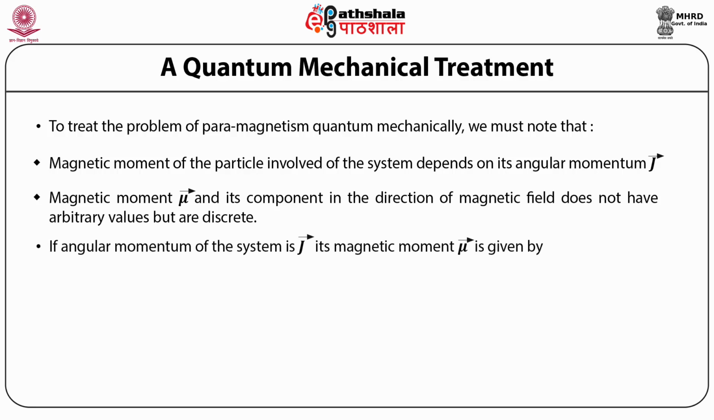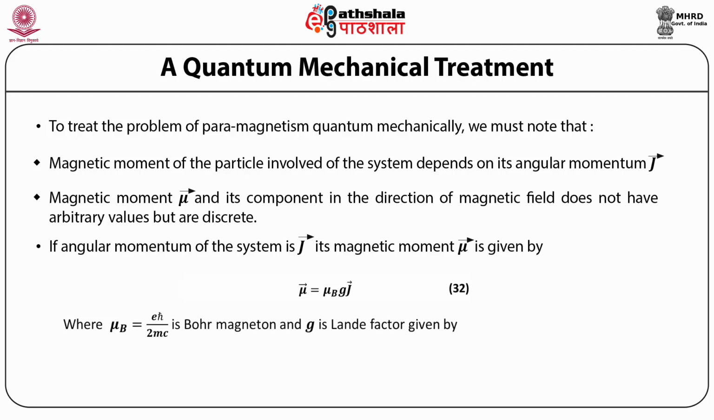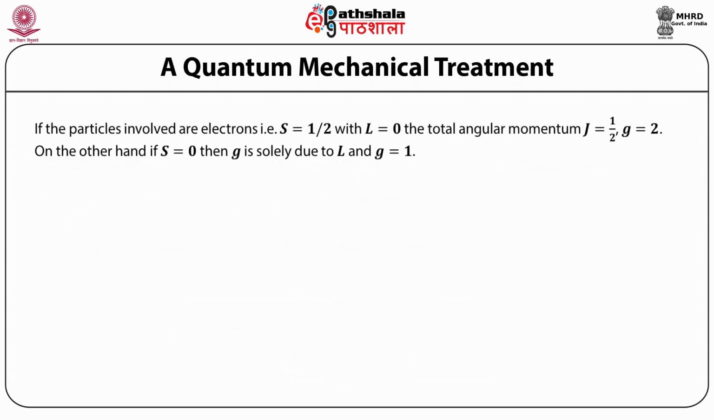If the angular momentum of the system is J, its magnetic moment μ is given by μ = μ_B g J, where μ_B, the Bohr magneton, is equal to eħ/2mc, and g is the Landé factor given by g = 3/2 + [S(S+1) − L(L+1)]/[2J(J+1)]. If the particles involved are electrons, that is S = 1/2